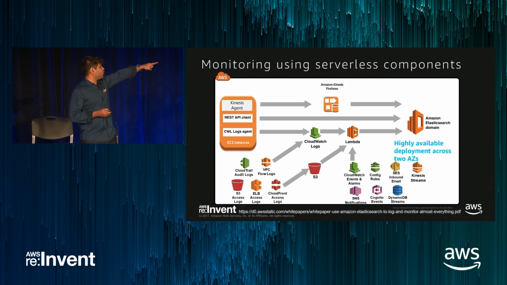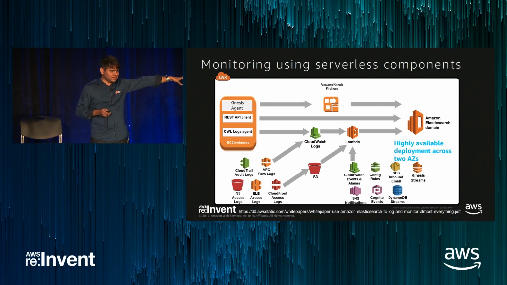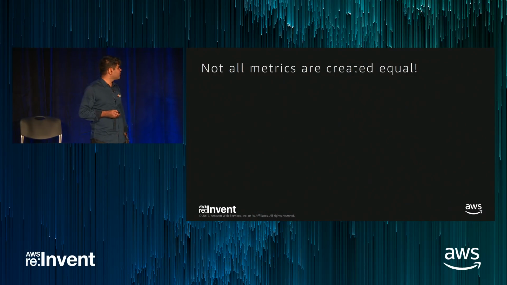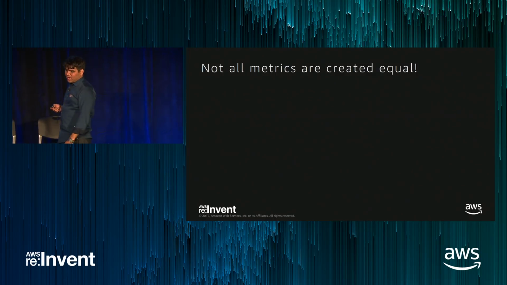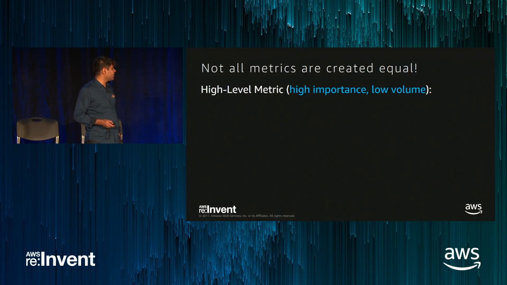Yeah, and last but not least, Elasticsearch can be deployed across multiple AZs. So it works in a very reliable way because your monitoring system by itself should be highly available. So you have to, again, apply the principles of data classification even to your logs. The principle that Darian spoke about, all data is not created equal. Similarly, all metrics are not created equal.